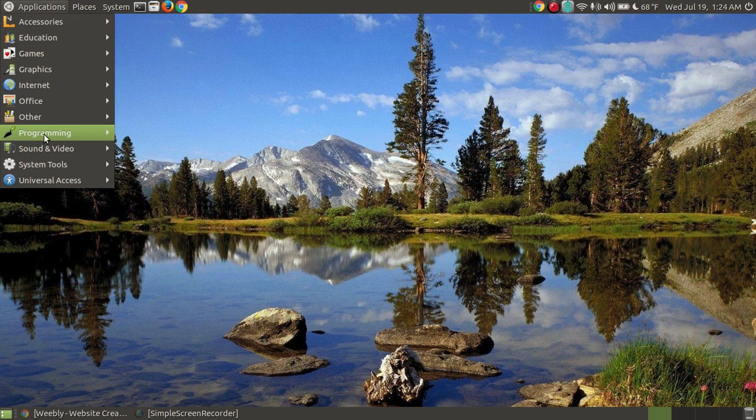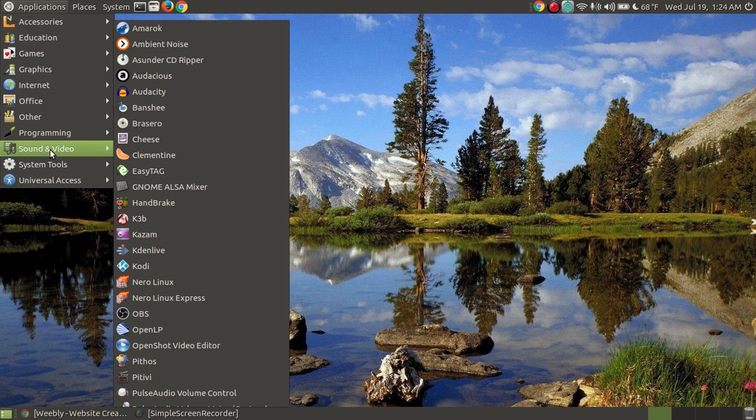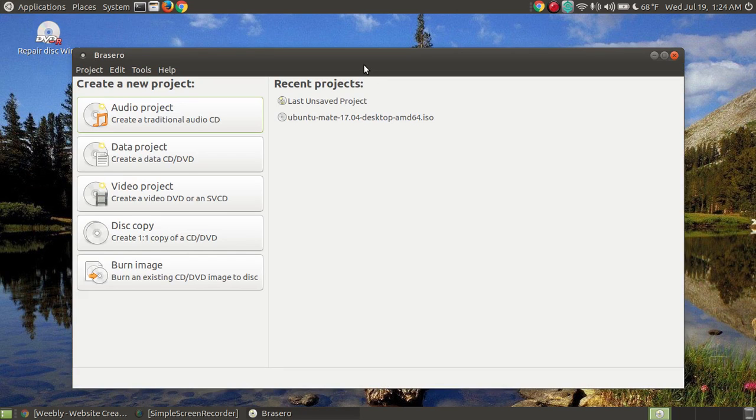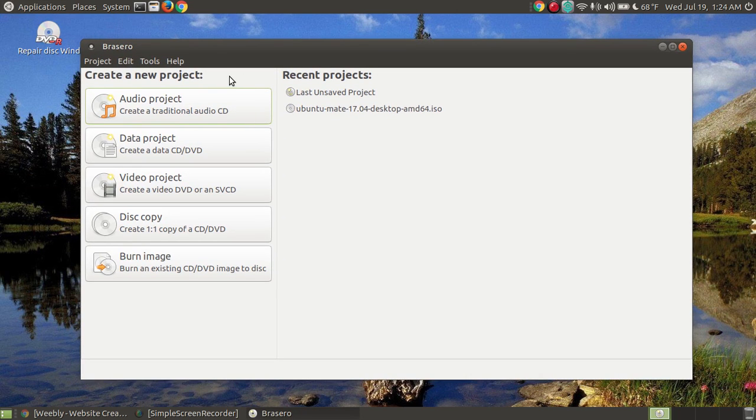Alright, to access Brasero, I go to my Applications menu, I click on the Sound and Video submenu, and then I click on Brasero. Now when it comes up, I have the creation of an audio project where I can burn myself an audio CD. I can back up data files from my computer. I could burn a video project, like if I had a video file that I've downloaded for my class,